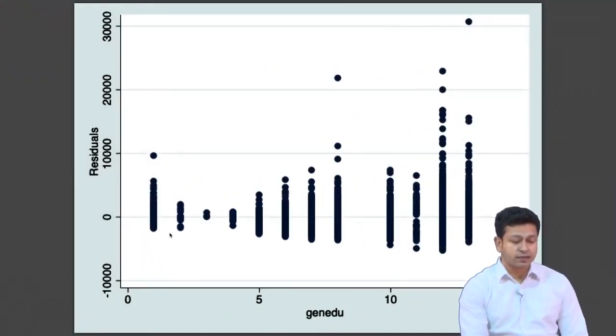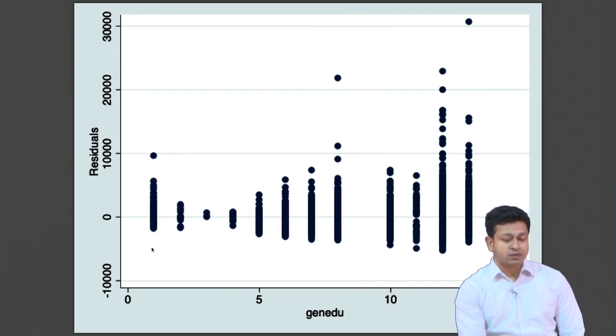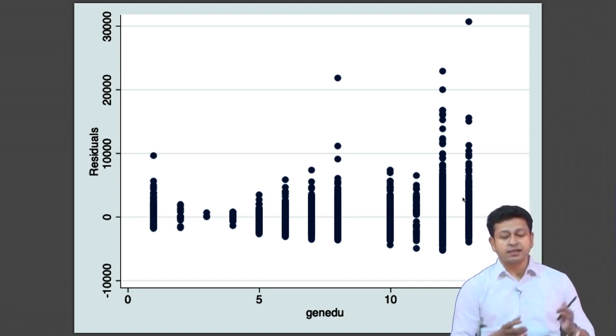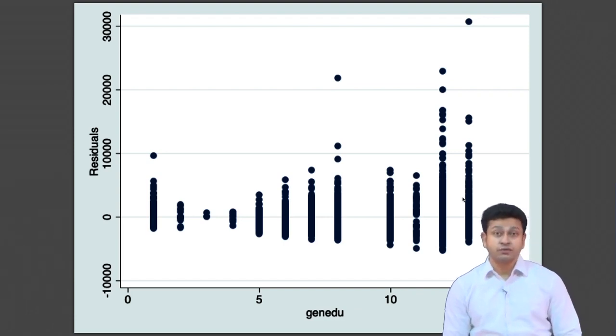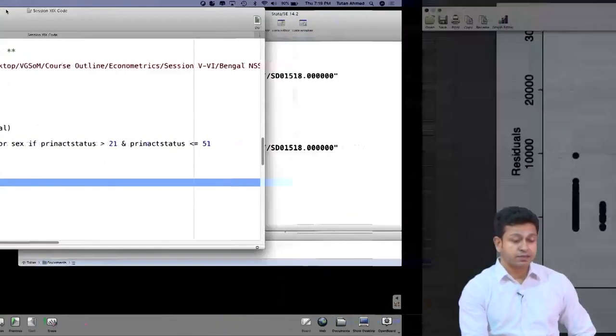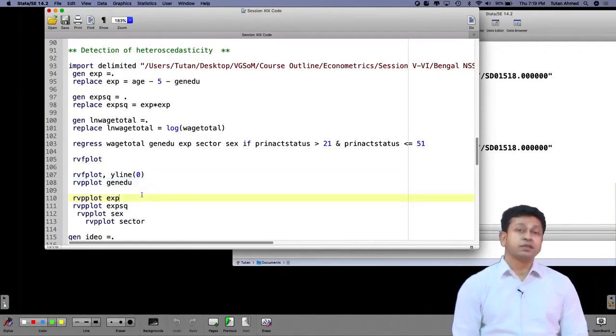So we actually see that with different levels of general education. These are levels of education, like class 4, class 6, class 8, and different ways NSS actually collects data. At graduation level the dispersion is probably the highest, very high, and after that probably post graduation. So as you increase the education, the dispersion is also increasing. Okay, so we can say that there is a problem, that this particular x variable might have something to do with the